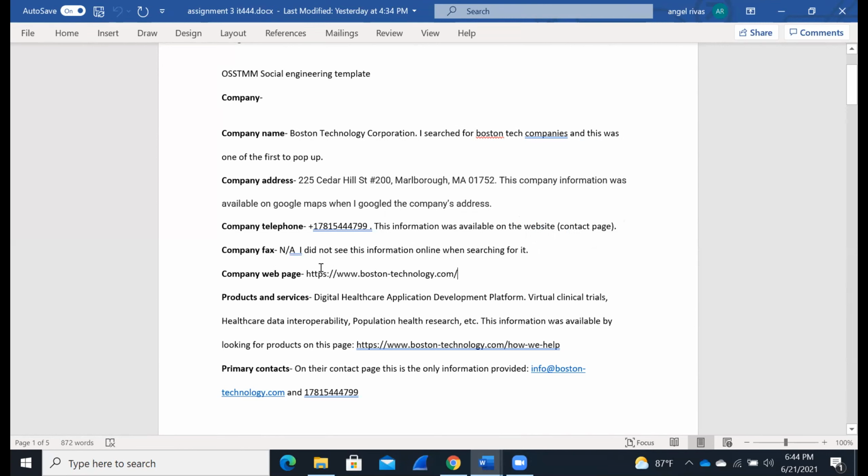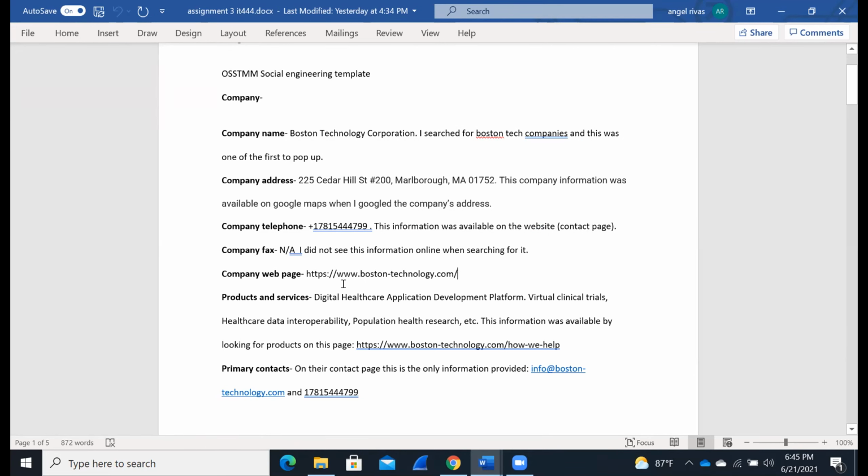So the website itself also gave me more information, right? It gave me the phone number, contact info on the contact page. And then this company works with healthcare organizations.